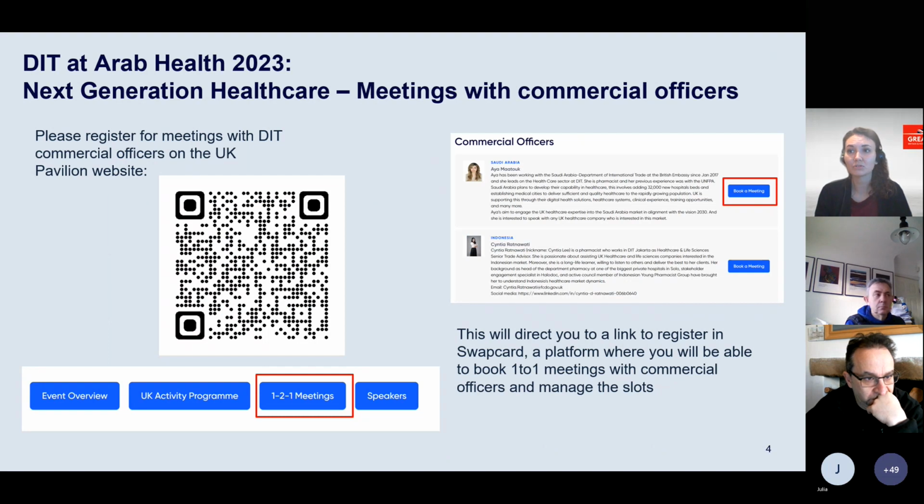Perfect. So this is about how to register meetings with the commercial officers. Again, if you go to the UK Pavilion website and you have the QR code here, you will need to click on one-to-one meetings, and you have a full list of all the profiles of the commercial officers attending. There are more commercial officers joining this week, so I would encourage you to go to the website now, but also next week to make sure that you see all of them, because we are